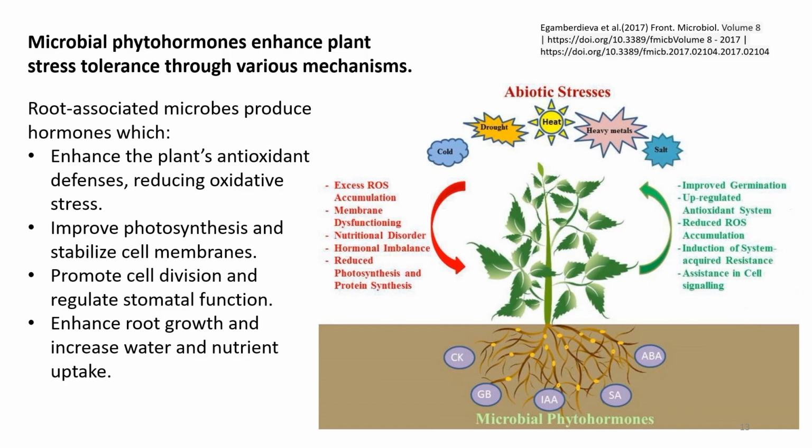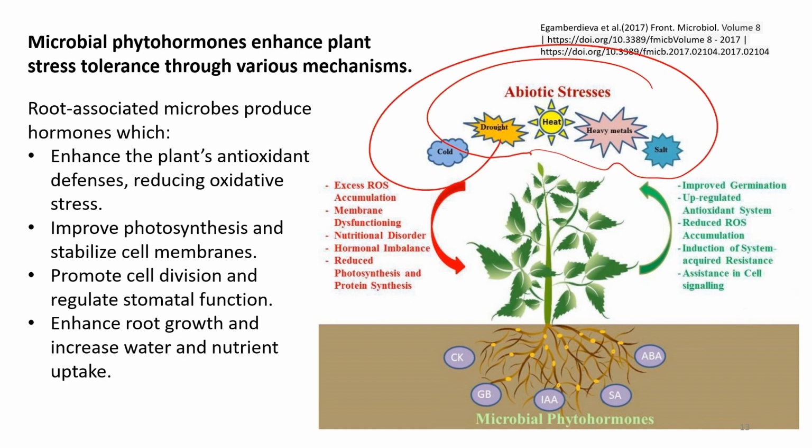So, root associated microbes produce hormones which enhance the plant's antioxidant defenses, reducing oxidative stress. It improves photosynthesis and stabilizes cell membranes, promotes cell division and regulates stomatal function, enhances root growth and increases water and nutrient uptake. So, when a plant is under abiotic stress like heat, drought, heavy metal, salt and even cold,